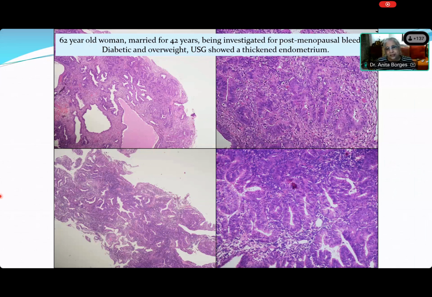Let's not get into all kinds of what's the diagnosis and all this. Which of these hormones, or both, whichever, have acted on this endometrium? You've got two fairly low power pictures and two high power pictures. That's all I want to know, Nargis. Oh, ma'am, estrogen. Okay, so estrogen has acted. Anything else has acted?